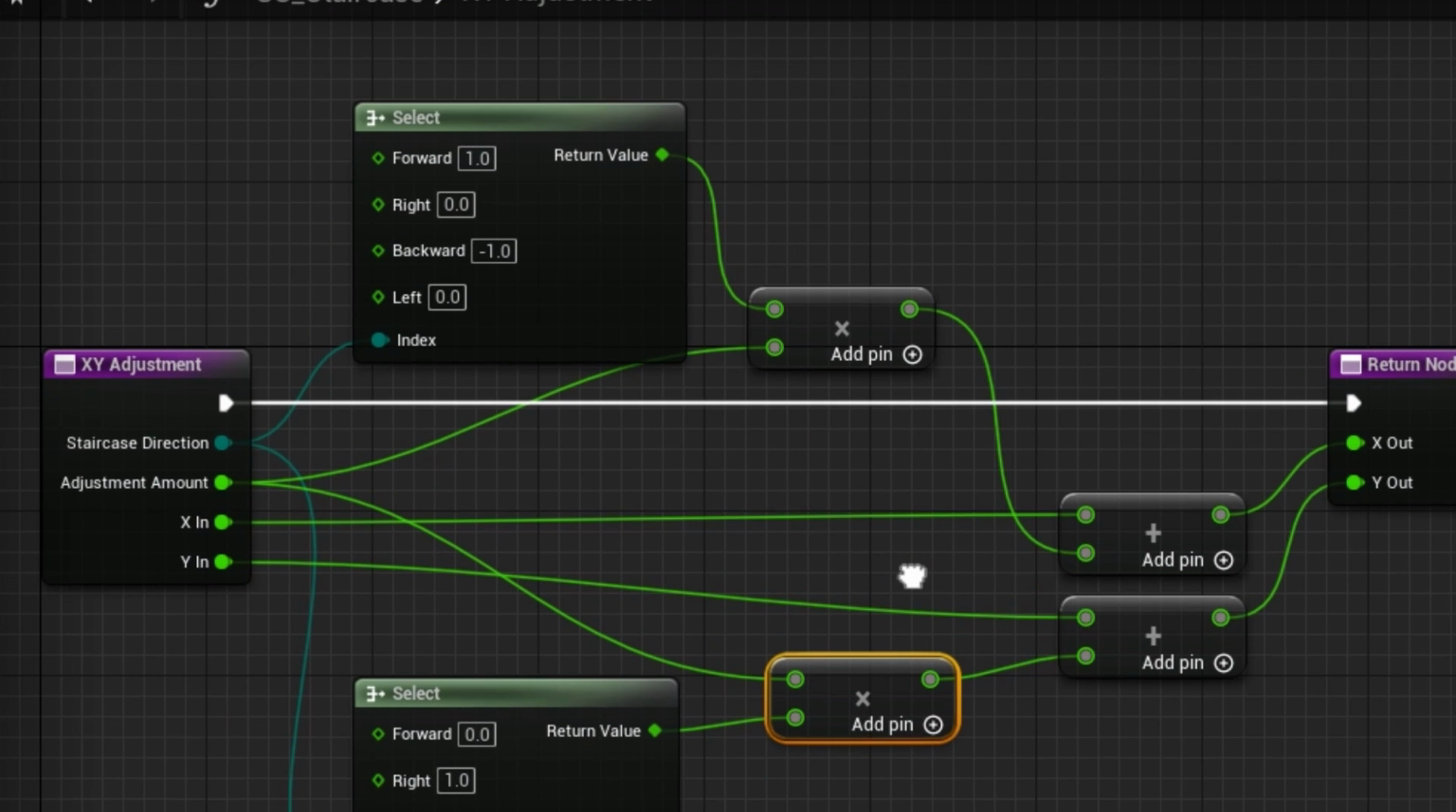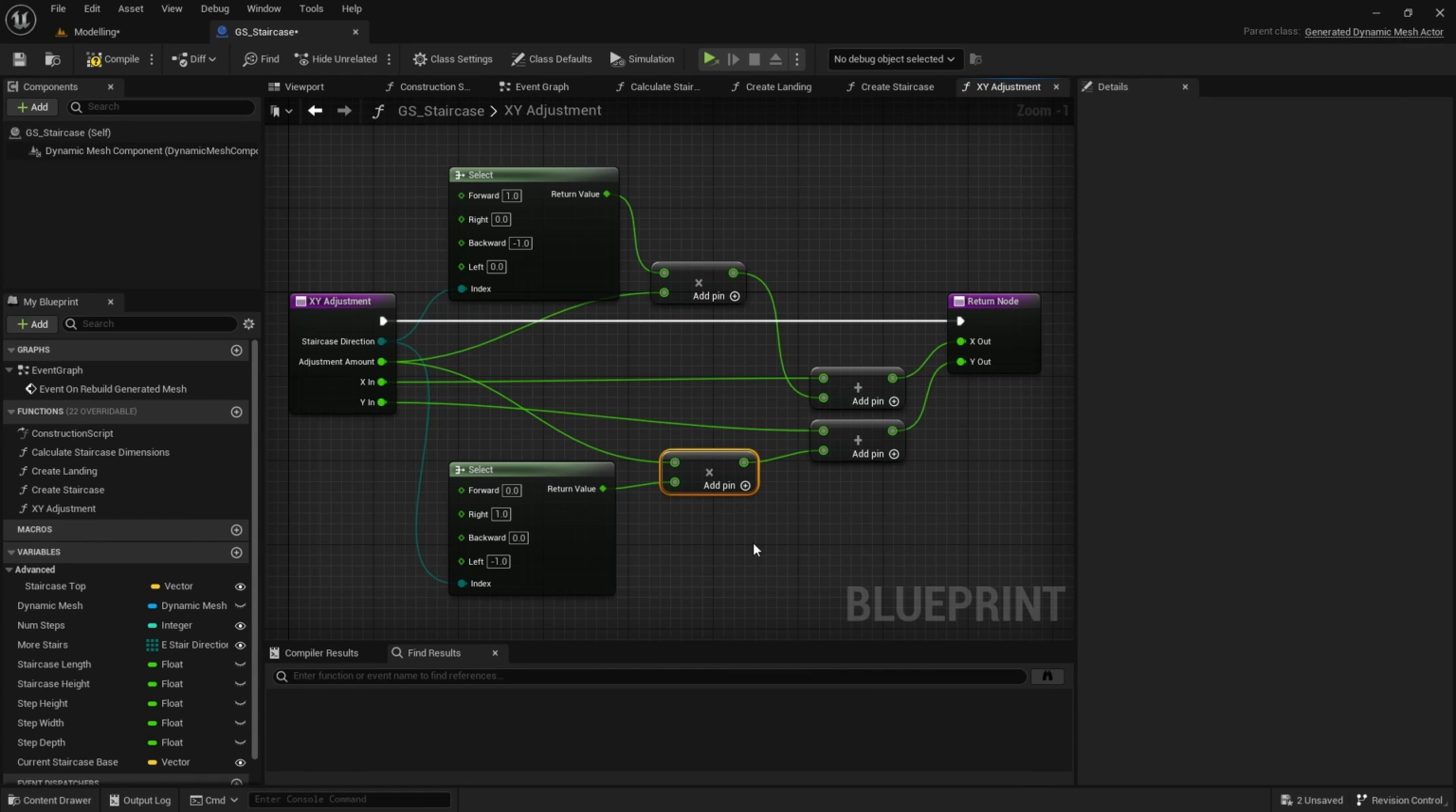So again, I've got the whole thing there. You can pause if you want. Might be scratching your head a little bit here, but all this is doing is, depending on the direction, adjusting the X and the Y values so that they are at the right location for the staircase. So let's do a compile and save, and then we'll come back to the